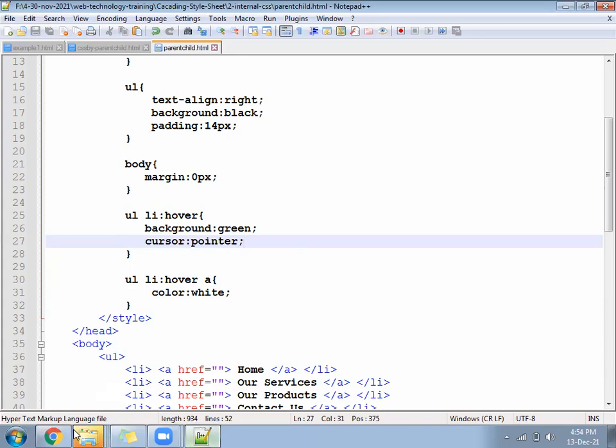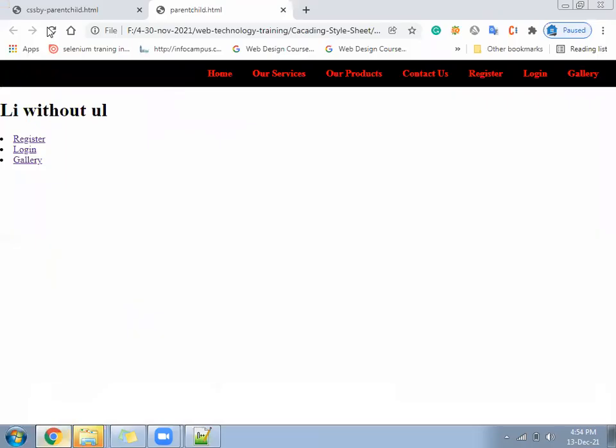When the cursor comes here, as soon as the cursor comes in, it will convert into a pointer.